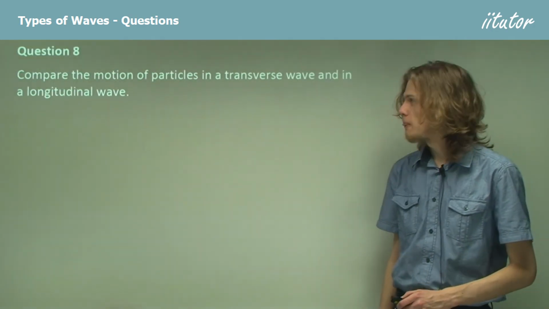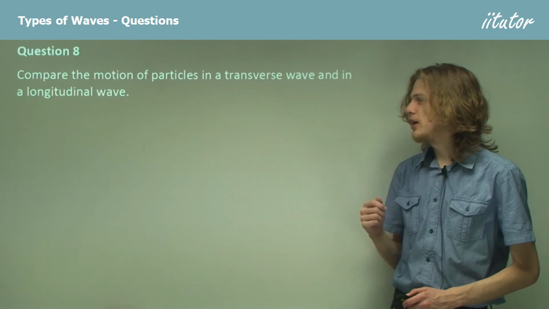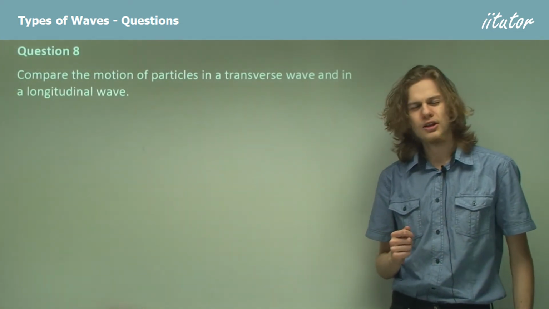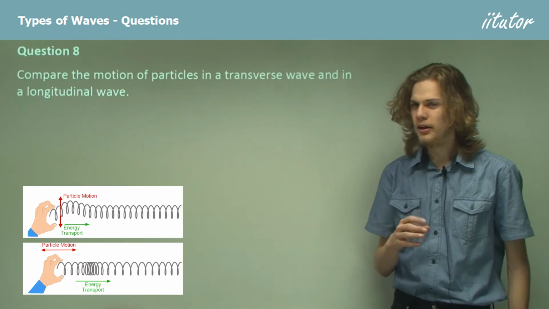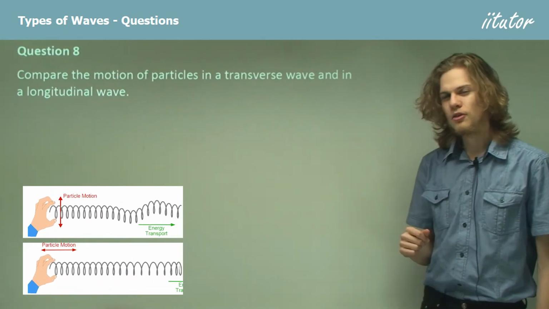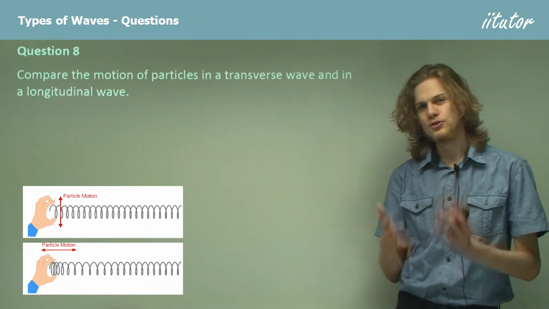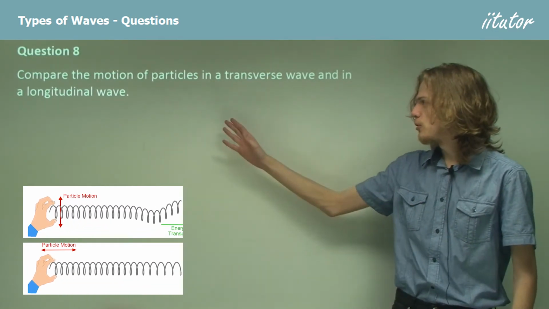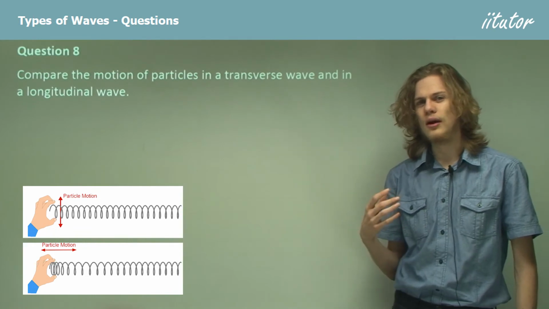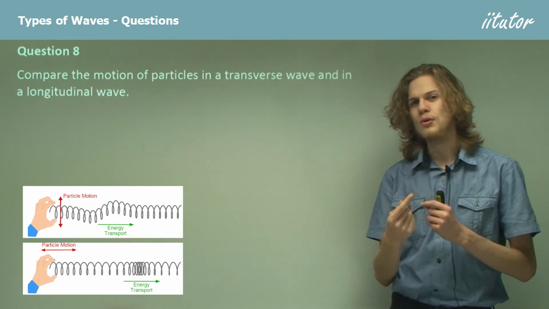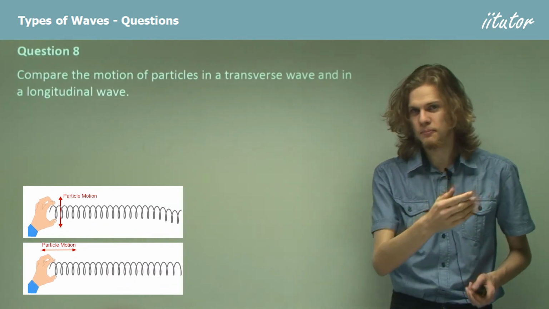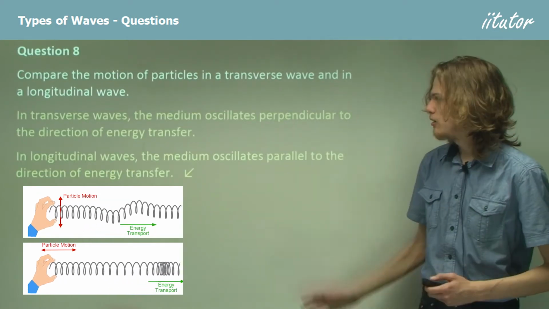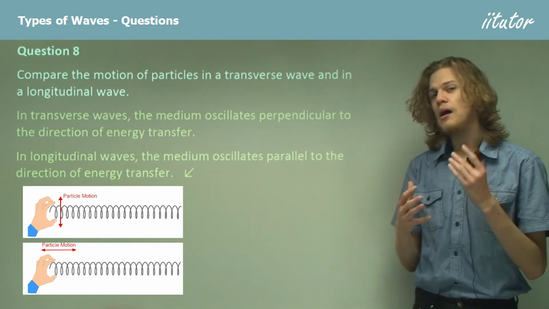Question 8. Compare the motion of particles in a transverse wave to the motion of particles in a longitudinal wave. Now, can you remember the difference between these two? In a transverse wave, the particles will vibrate in a transverse direction to the wave's motion, which means perpendicular, and for a longitudinal wave, they'll vibrate in a direction that is longitudinal to the wave's motion, which means in the same direction. So in transverse waves, the medium oscillates perpendicular, and in longitudinal waves, the medium oscillates parallel to the